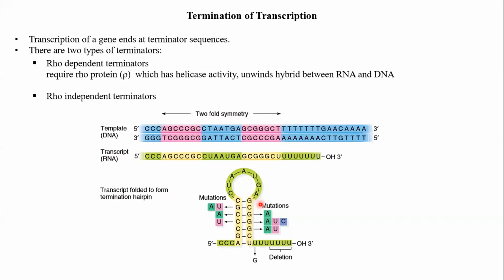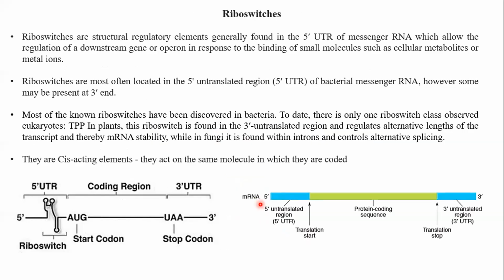So I told you that in today's world, it is the function of proteins. But in the RNA world, if this world ever did exist, RNA should perform this function. So that means RNA should have the property to sense the concentration of metabolite in the cell. And does the RNA have this property? The answer is yes. And the sequences in RNA which can perform this function are called riboswitches. And this is our next topic, riboswitches.